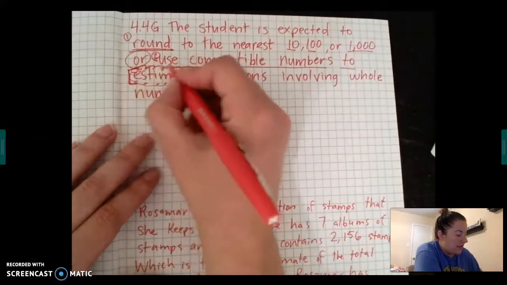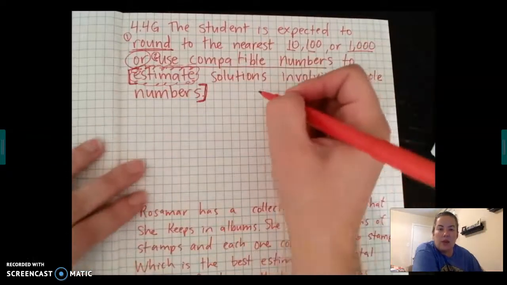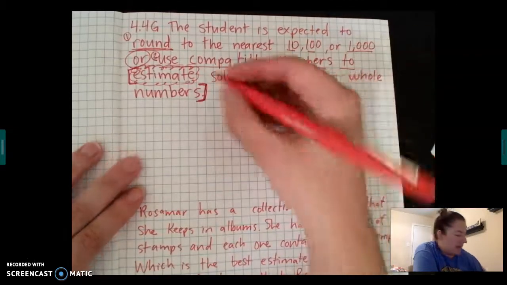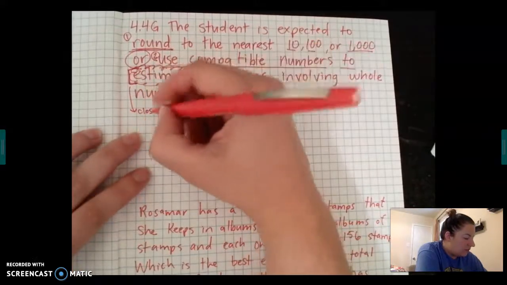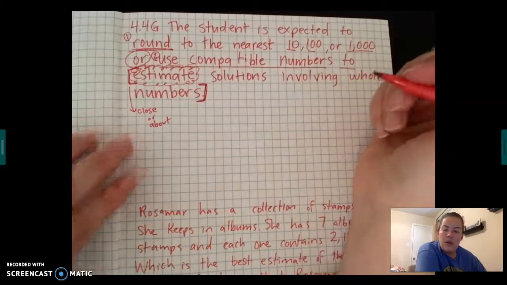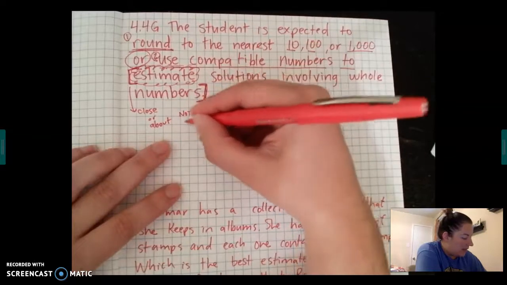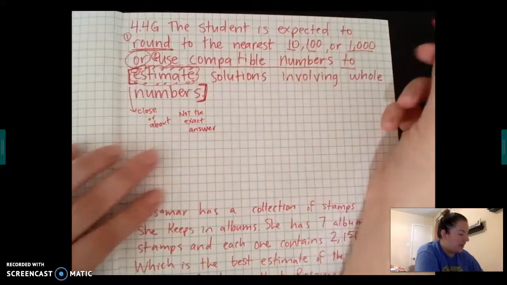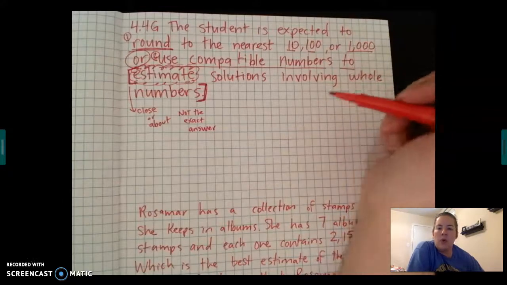Now this word estimate is going to be the most important word in this TEK that we're looking at today. Because if you're going to estimate something, it means you're going to get close to, or about. It's not going to be an exact number, not the exact answer. So we're going to be rounding or using compatible numbers to get us close to what the answer might be